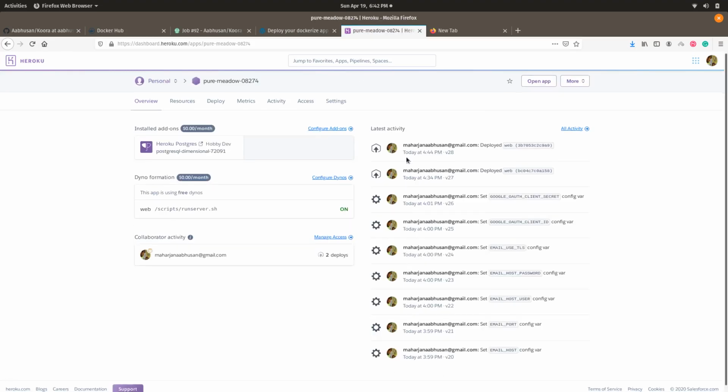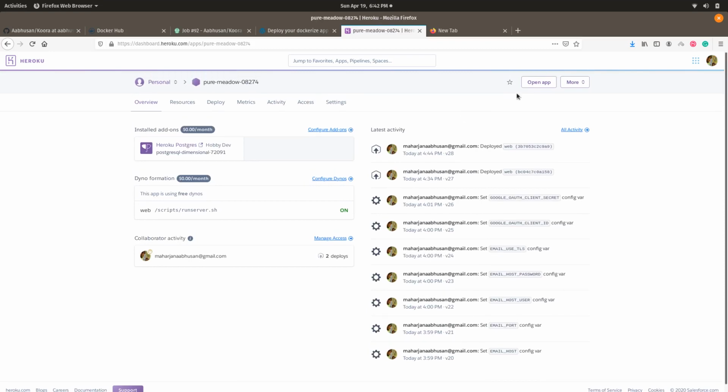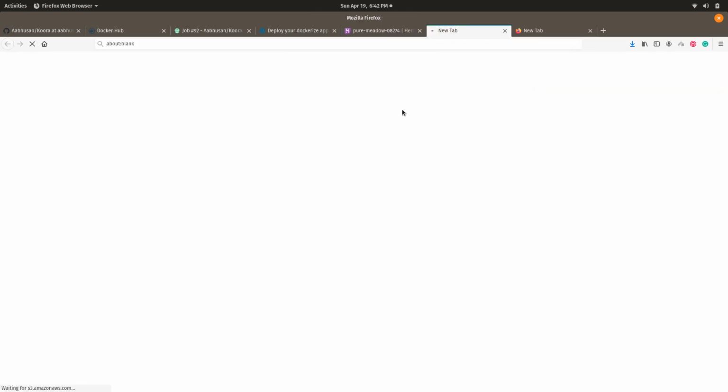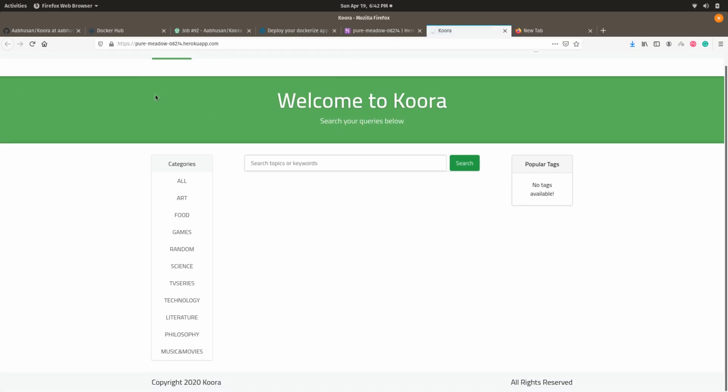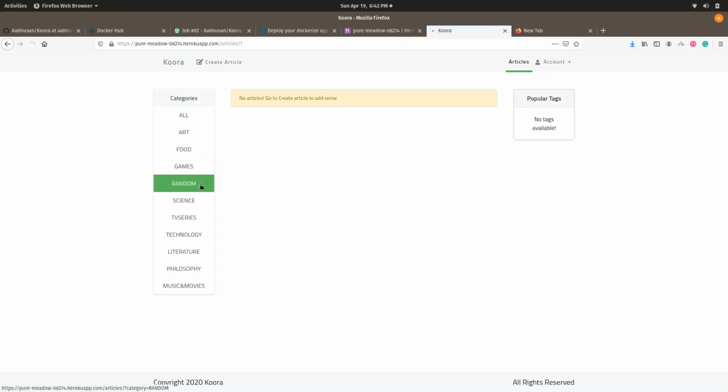You can also open the application. Yes, it is running on Heroku. It is free of cost, and you can use it for hosting your college projects, for showing to your teachers and all these things.